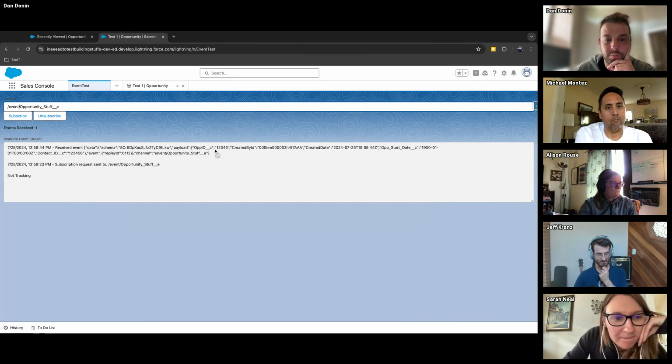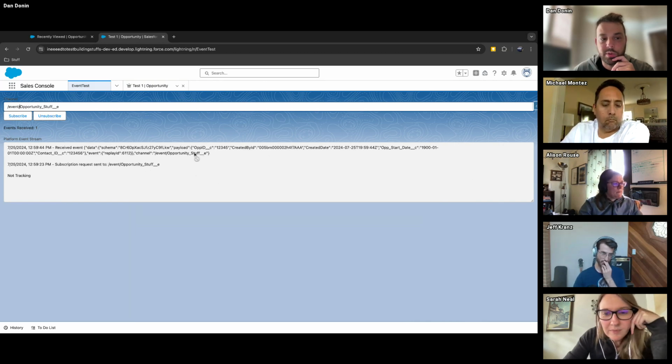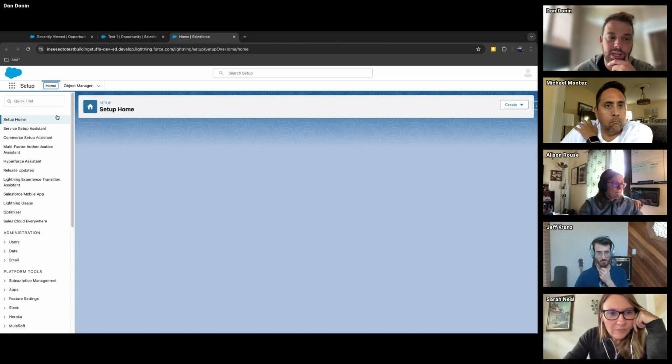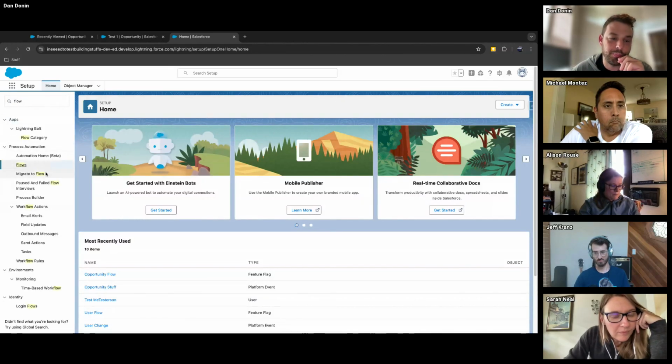Bunch of interesting stuff, but here you can see that I set my op ID to just some random numbers, and my op start date to also a random date, and a contract ID of just some random numbers that I set. And so that's what, theoretically, if we were to build, I'm kind of running out of time. I'm going to jump to another meeting, but if we were to go and build a platform event trigger or a platform event flow,